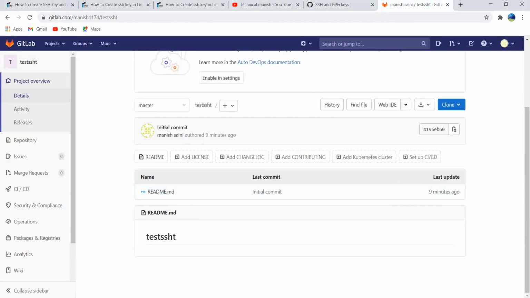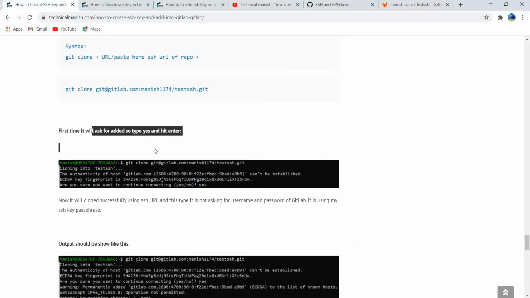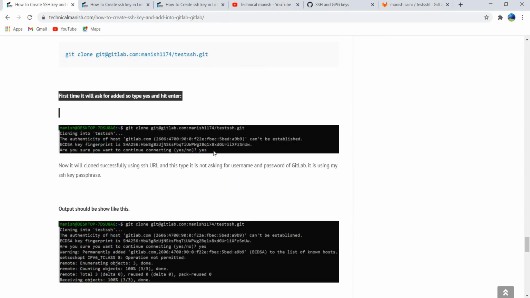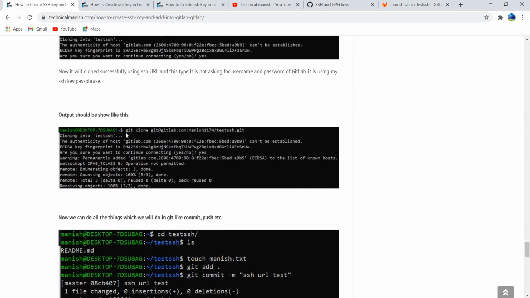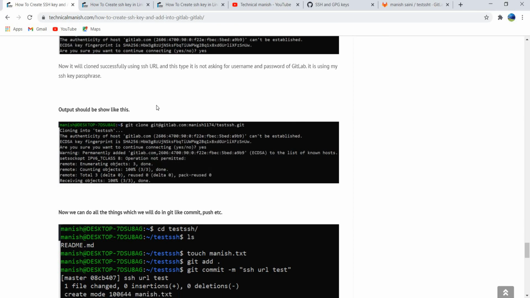So guys, when you clone the first time, it will ask for the key fingerprint. So just type yes and it will clone successfully using the SSH URL, and the output should be like this.